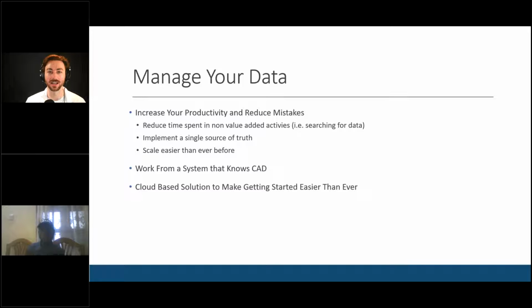You're able to collaborate a lot more efficiently and just overall streamline your process with data management. You also have a single source of truth with this, so you're not sending copies of files off. You're all working off that single centralized location, and you're all working off that same component, so you don't ever get disconnections there. And then you can also scale easier than ever before because you can just add people right to this platform and give them direct access to the data just like that, regardless of where they are. And they can install the location and start working right away. And then you can add on the extensive capabilities as you need as well.